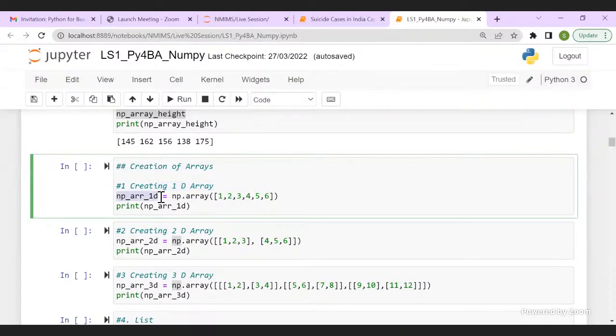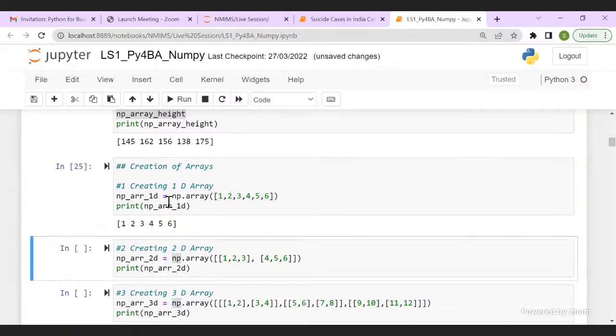I call np.array, and in the parentheses I am giving raw data separated by commas in square brackets. It's actually a list only, but I'm giving it in raw form, not creating any other variable. So simple. I've created a 1D array. Same thing, just copy it, and I'm printing my array. So I'm getting a 1D array.